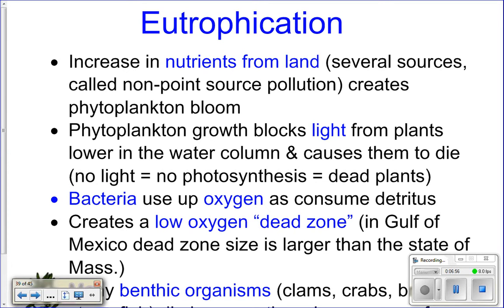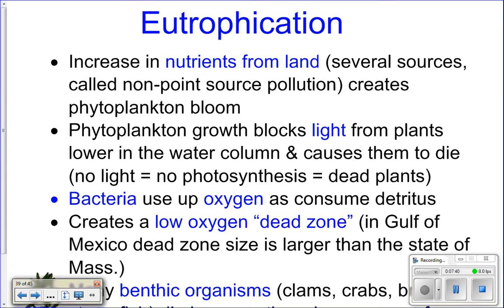And if you remember, again from last semester, the two things that plankton need to grow are light and nutrients. So now if you carry an excess of nutrients into the estuary and you have light because it's shallow water compared to the open ocean, you now get a huge phytoplankton bloom in an estuary. And you may think, oh, that's good, more food for other things. Actually, it's bad. The phytoplankton actually block light from plants that live deeper in the water, on the bottom, like the seagrasses.